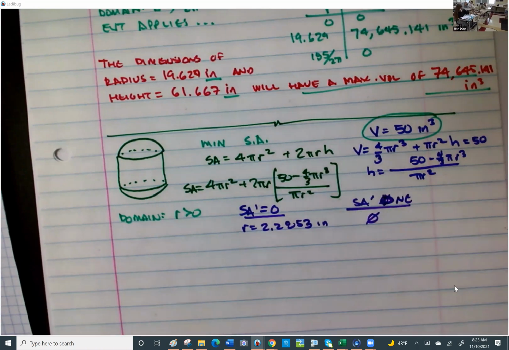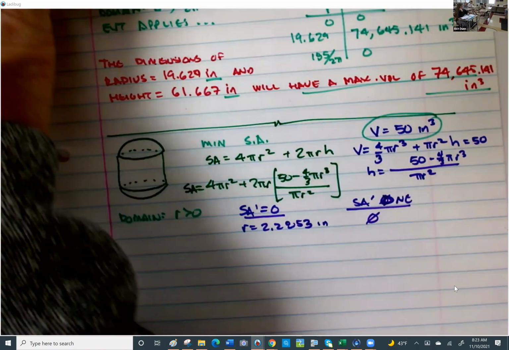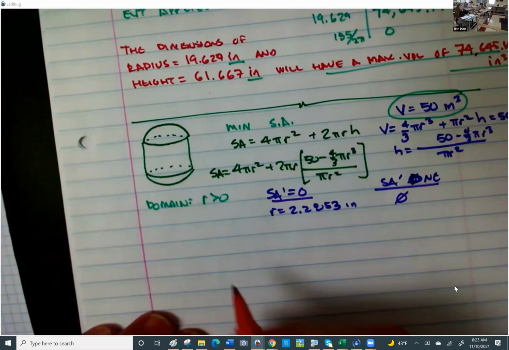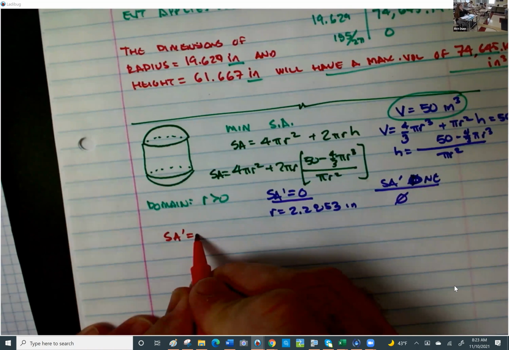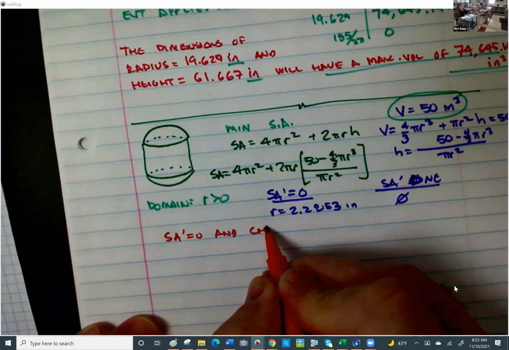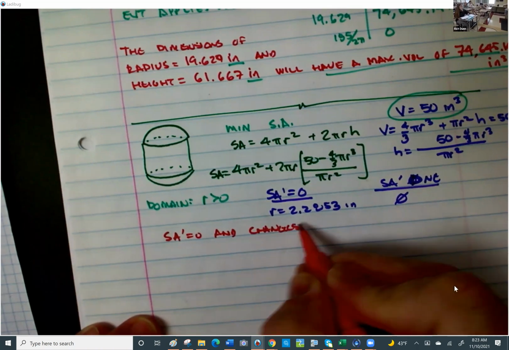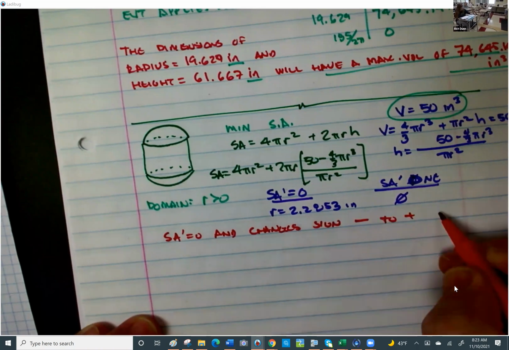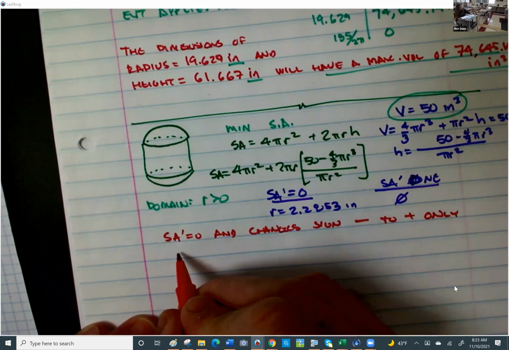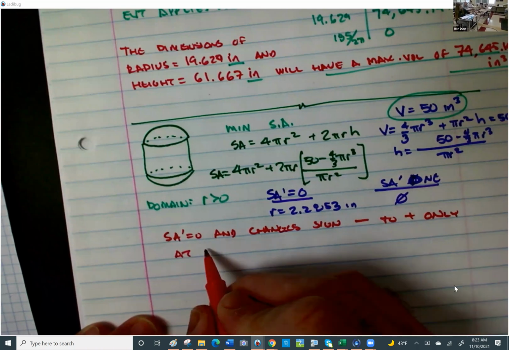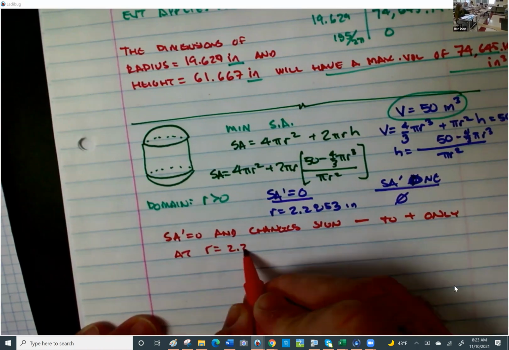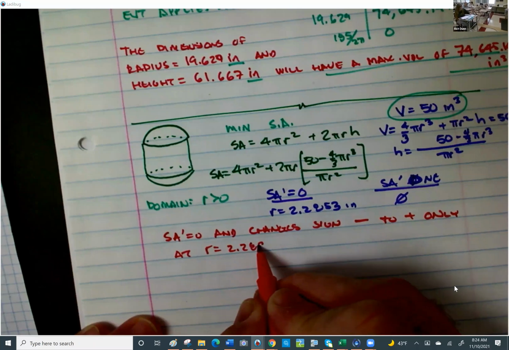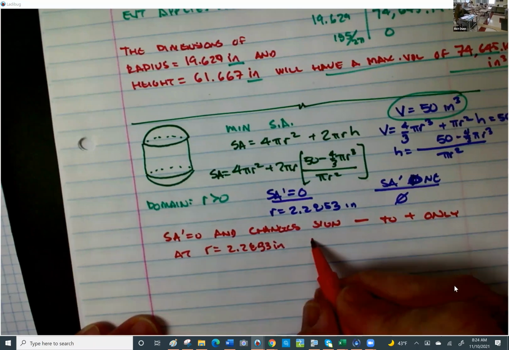And if we were to look at our calculator, you would see that the surface area prime equals 0 and changes sign from negative to positive only at r equals 2.2853 inches. Therefore,